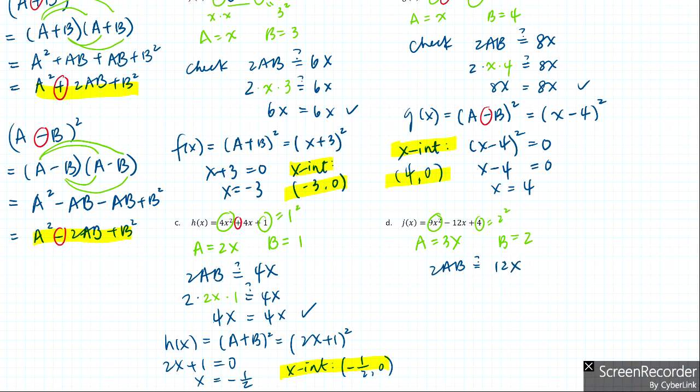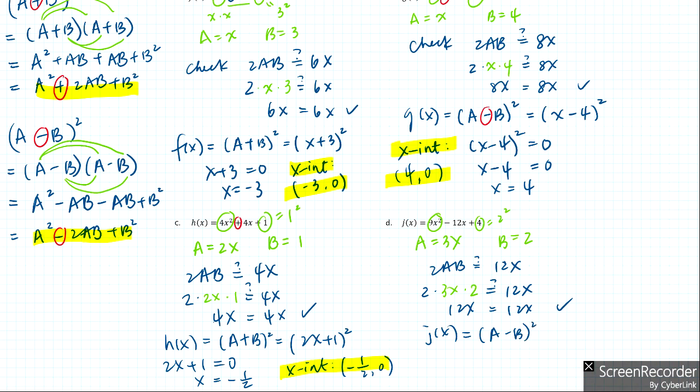Again, I'm not going to worry too much about the minus sign because the minus sign will be addressed in the final form, whether it becomes a plus b or a minus b. That will be addressed based on that. And we have 2 times a, which is 3x, times b, which is 2. And if we multiply this out, we want to check whether this is equal to 12x, and if we do so, we would have 12x equals 12x over here. So this checks, and that means this is a perfect square trinomial,